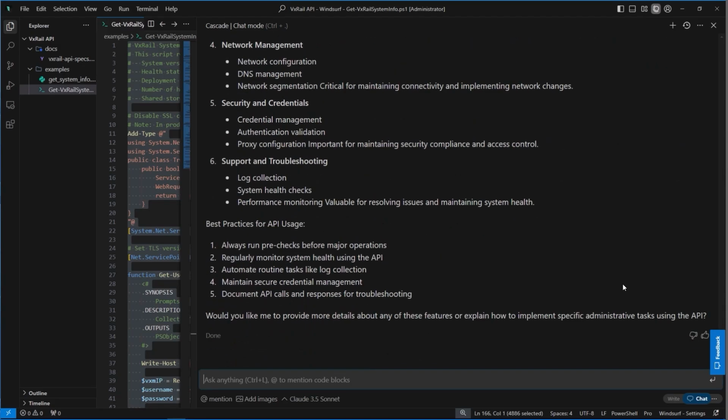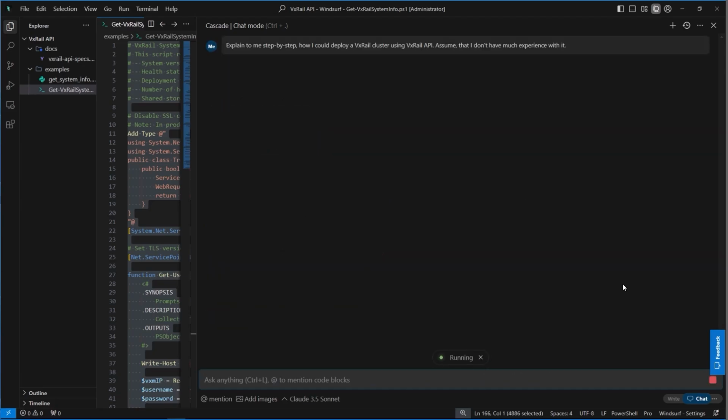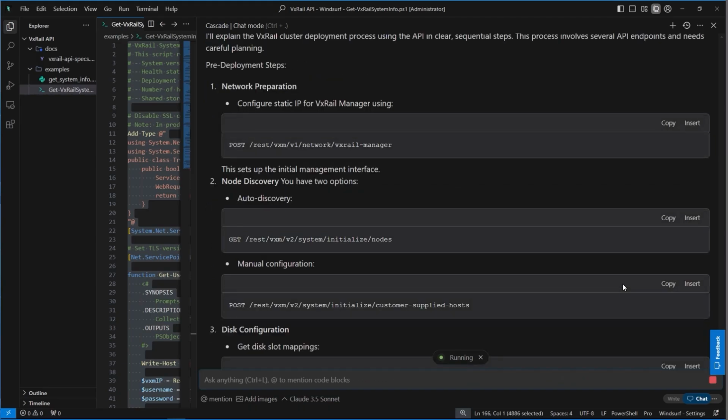For more complex use cases, such as cluster deployment, you can ask the assistant to break down specific problems into multiple steps and choose the appropriate knowledge level for the explanation. For instance, you might prompt this way: explain to me step by step how I could deploy a VxRail cluster using VxRail API.